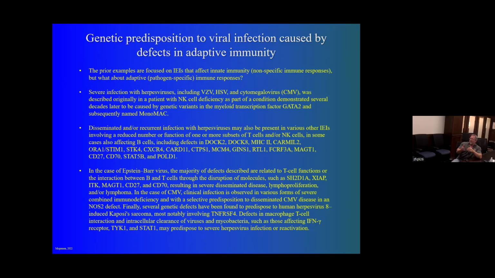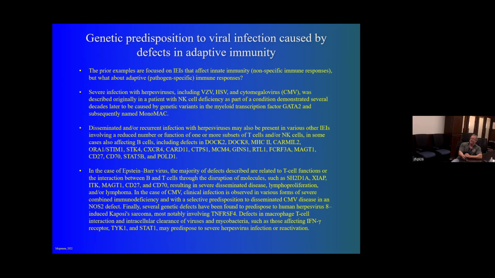So we've talked about these non-specific responses. Let's talk about some specific responses. So one of the specific responses that's been identified has been deficiencies in natural killer cells. Natural killer cells, and again, I refer you back to session 1 of the short course where we talk about this in a little bit more detail. But we have certain types of cells in the immune system, natural killer cells, B cells, and T cells, that are all designed to go after specific pathogens based upon the pathogen that's replicating inside of the host at that time.